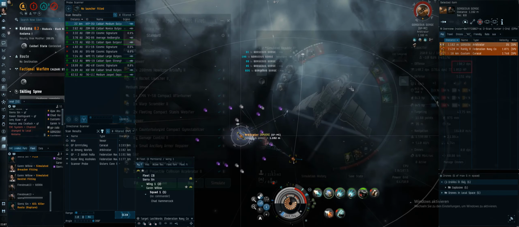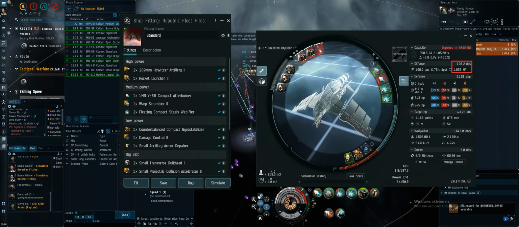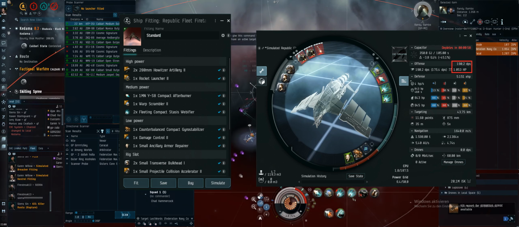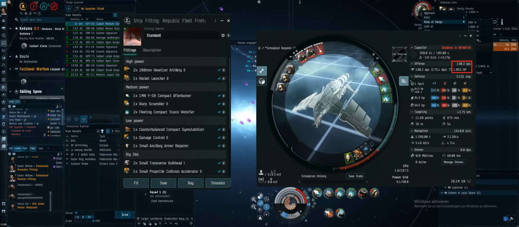The fit for today's video is quite simple and standard. Two 280 artilleries paired with a rocket launcher for some extra DPS, AB, dual web scram in the mid slots, and the pretty standard damage control, gyro, stab, small ancillary armor repairer in the lows. The rigs are two T1 bulkheads paired with a T2 collision accelerator to even further increase the amount of damage